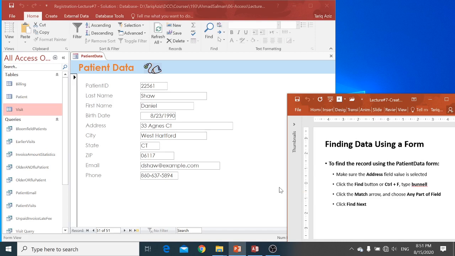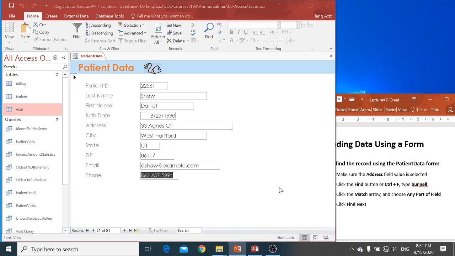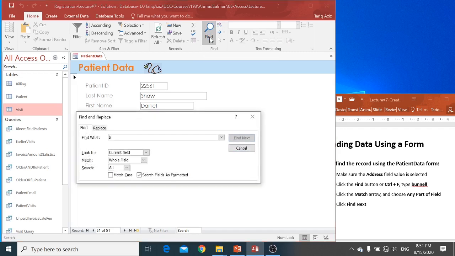Now I want to find data in the address. So if I want to find data in the address, I must click in the address, okay? And then I can do Control F to find, or I can click this Find button. So Control F or click there, and I'm searching for Bunnell. And I can say I want the current field, and I want the whole field. Okay, next. So it did